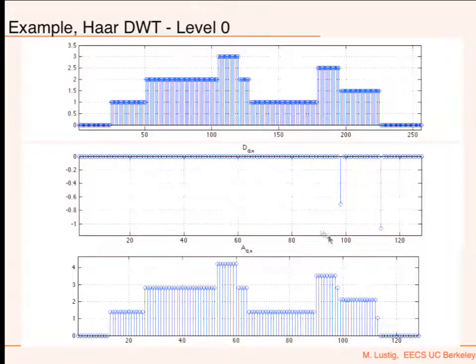So this is the detail coefficient. And look, this is why this is called approximation coefficients. Do you see why? Because it approximates this. It's a downsampled version. Now, if I did a low pass and then downsampled, it would not look as nice as this. So this is a better approximation for this particular class of signals than I would do with the low pass.